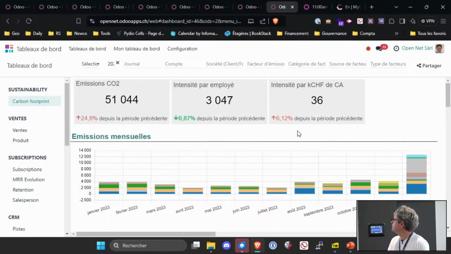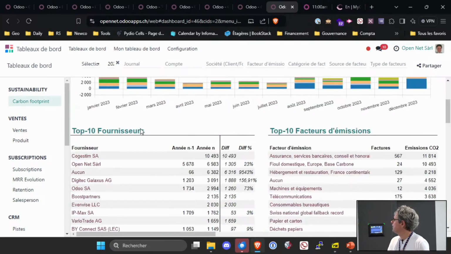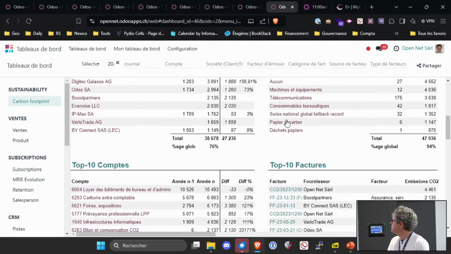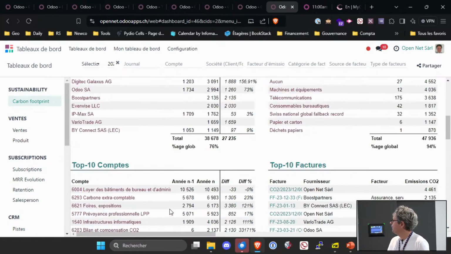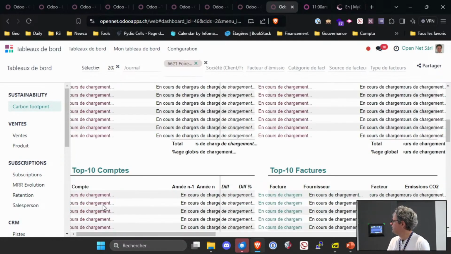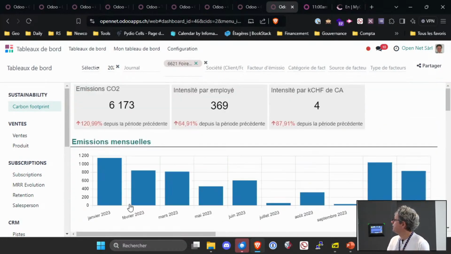So here for 2023, what is this by employee, by turnover figure, what are the global emissions for our company. You have a top 10 by supplier, by emission factor, by account, by invoice, and so on and so forth, with all the features that you already know about the dashboards, where you can slice and dice the data, you can drill, you can do a lot with such a feature. So this has been integrated within the spreadsheets.